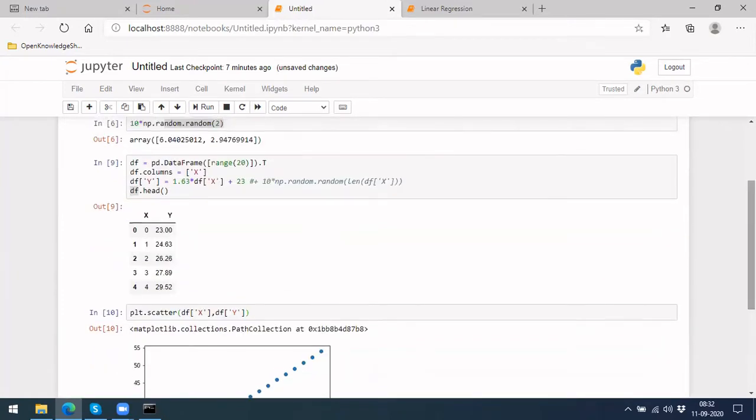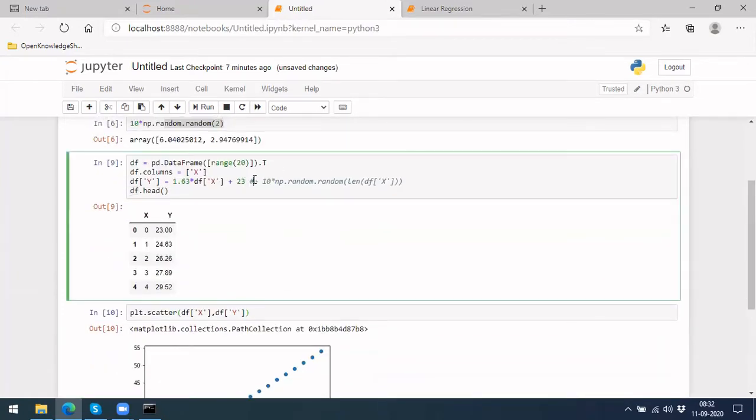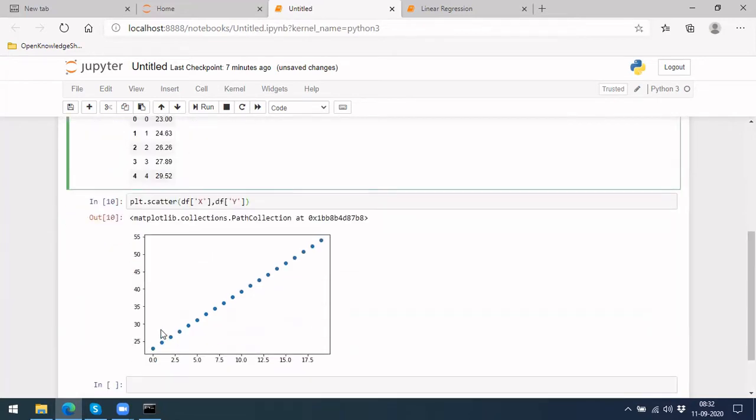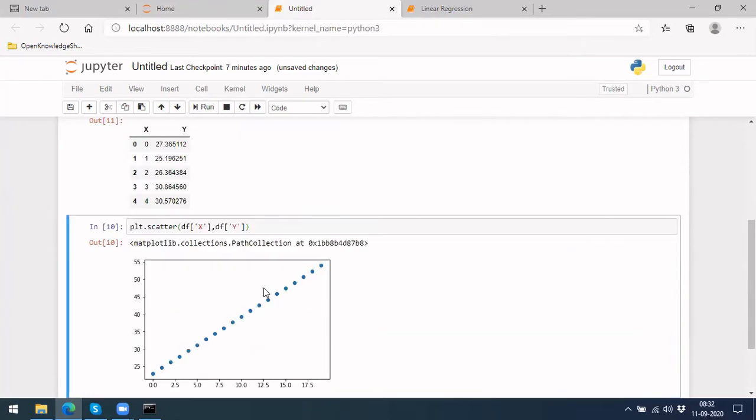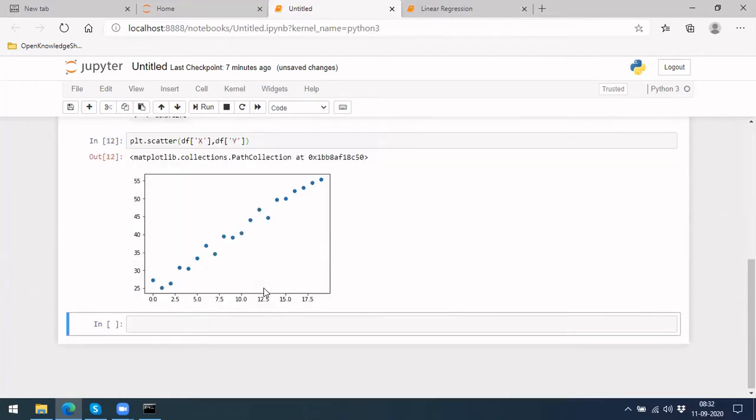So then what I have done is I have added random values here, so that you won't get that perfect straight line. Instead, for each value I am adding some value here and there. Okay. So let me, the 10 would be large, maybe let's give it 5. So let's see now, I have already run it. Let's see what will happen.